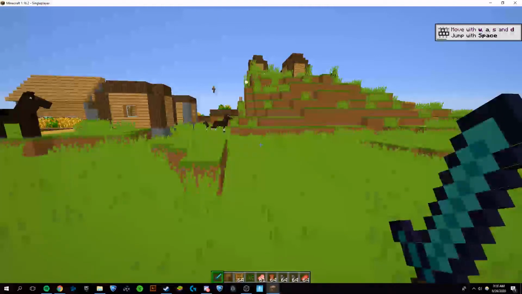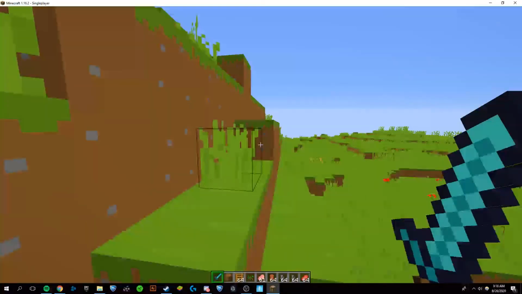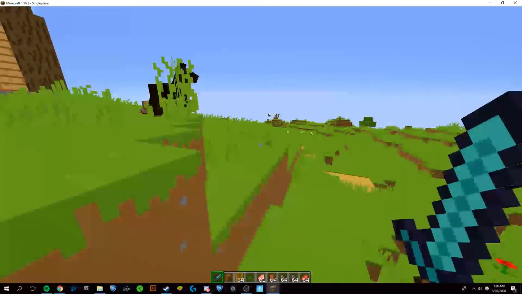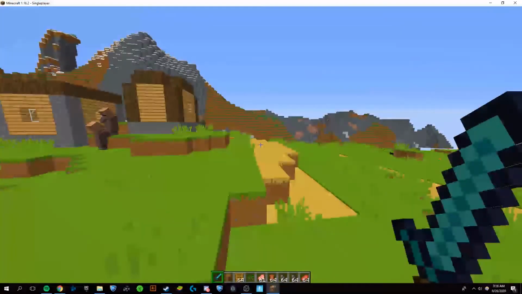Right, so we're now loaded into the world, and as you can see, this is, as described, a bare bones version of Minecraft. However, I kind of like the look of it, but there's tons of other texture packs if you want them. This was just an example for one of them. And yeah, you can